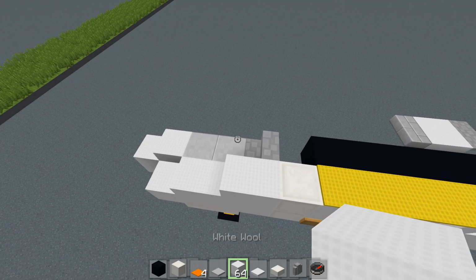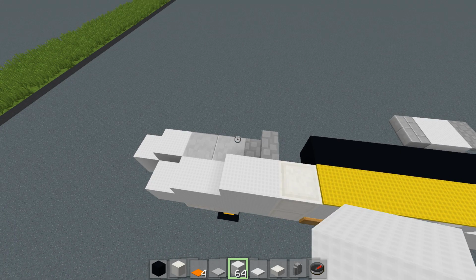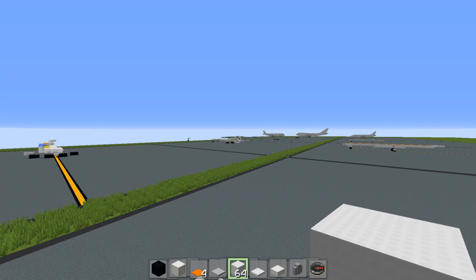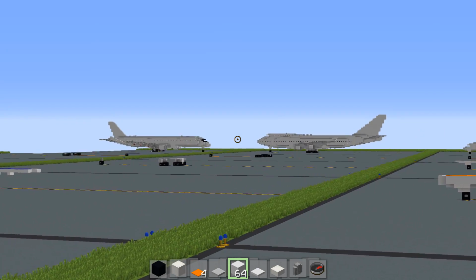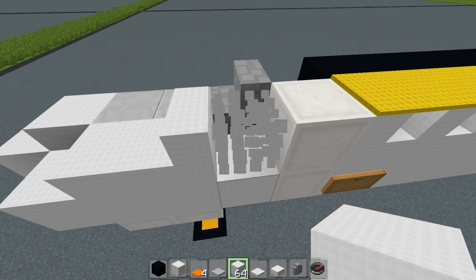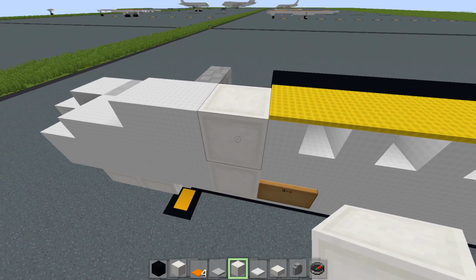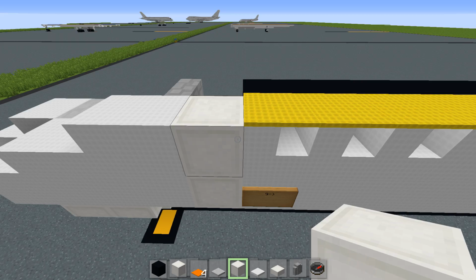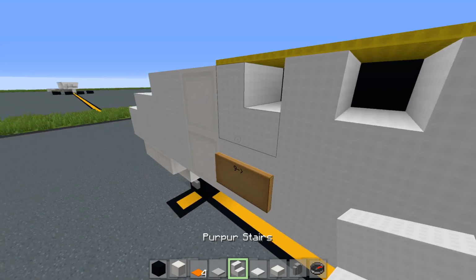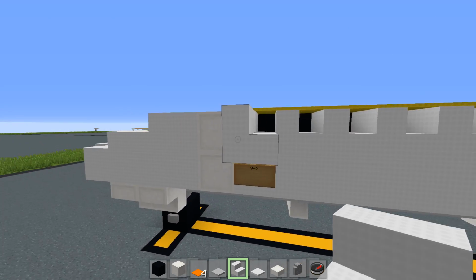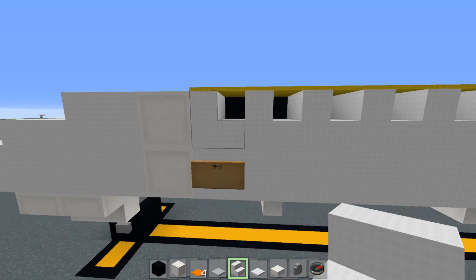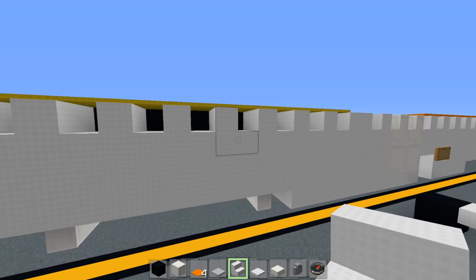Now the 737 cockpit, as we know, is kind of a grayish color such as this, so that's why we're using these blocks as opposed to using different colors for the 747 and A350 when we built those. But once you've done that, you're going to place a wool block right here, place a smooth quartz, just a normal quartz block or cobblestone depending on your texture, for the door right here, and we're going to go back in this direction with stairs backwards, so backward stairs, 9 blocks, so 1, 2, 3, 4, 5, 6, 7, 8,